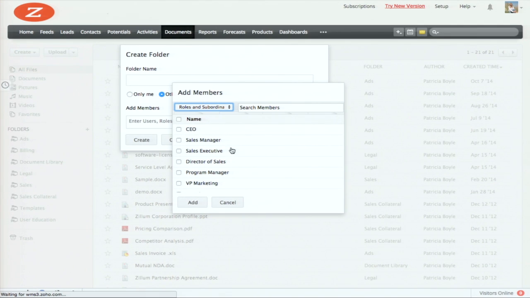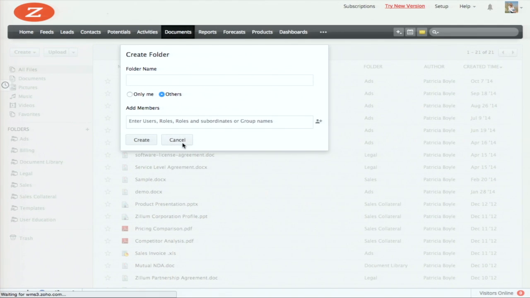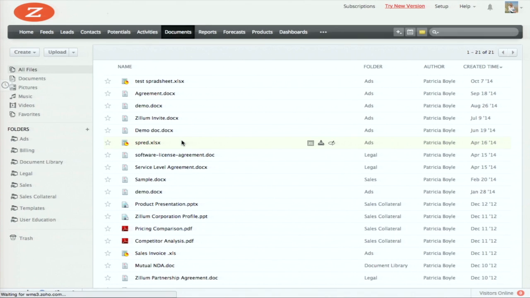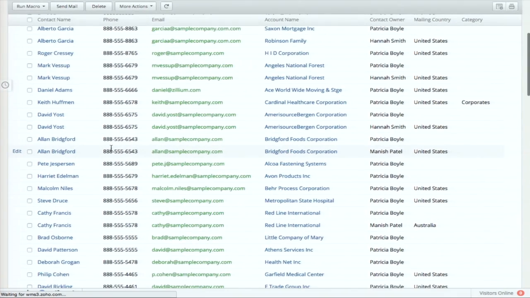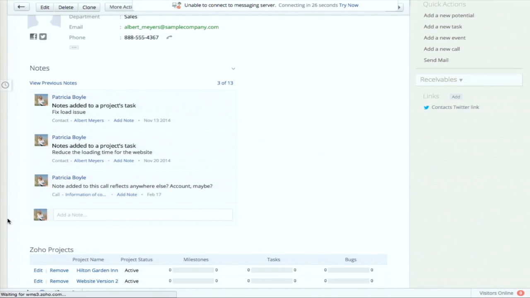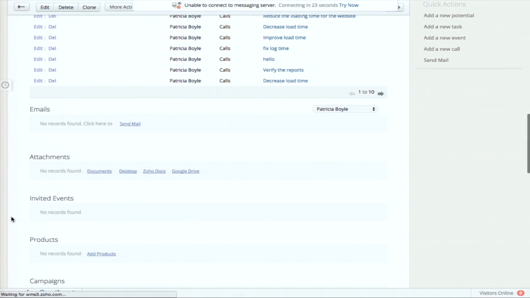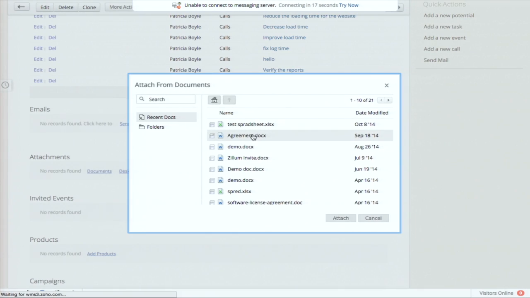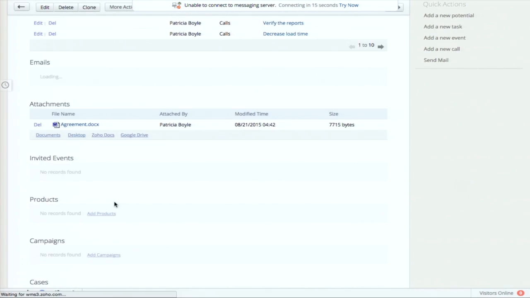And again, just like the other two integrations we have seen, it's not just integration of the entire module within the system. You can go to any of these individual contacts. Let's pick the same contact we picked earlier. And in that context, you'll see all the documents, all the attachments here. You can attach a document from the document section, pick one, attach, and that shows up right here.